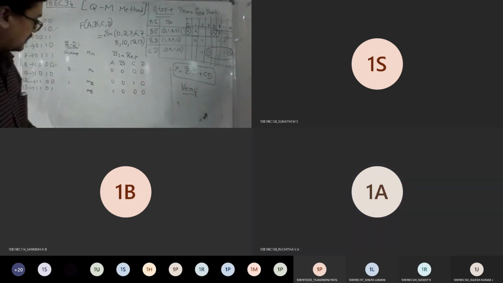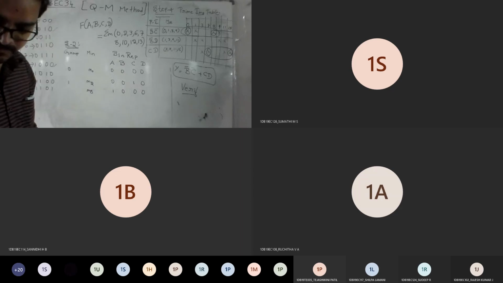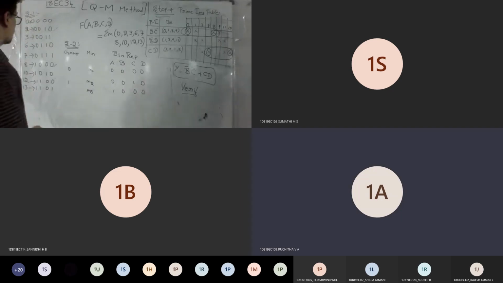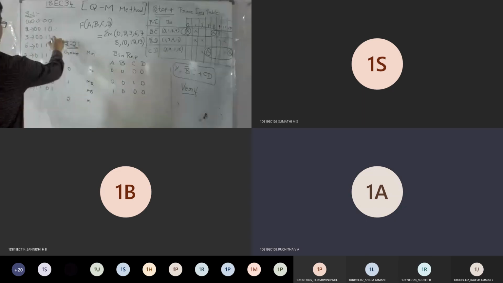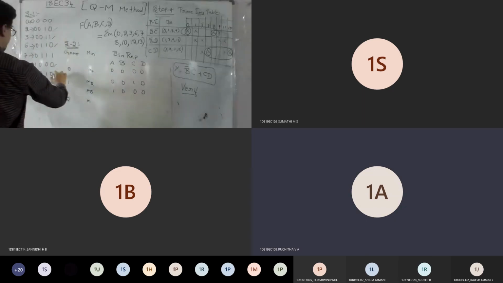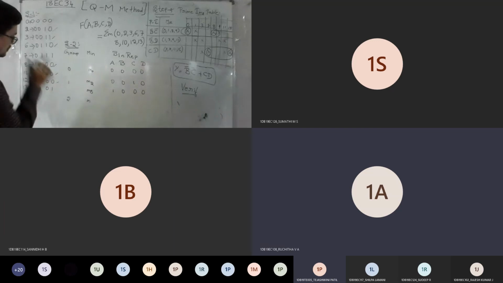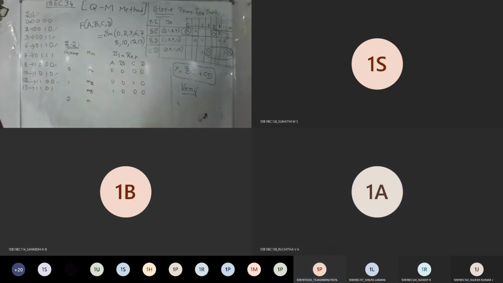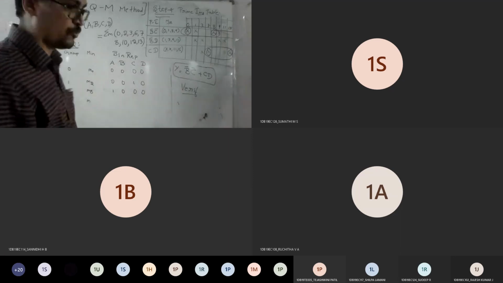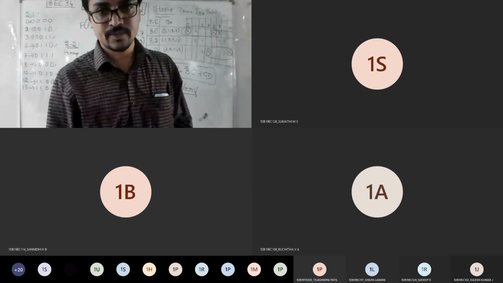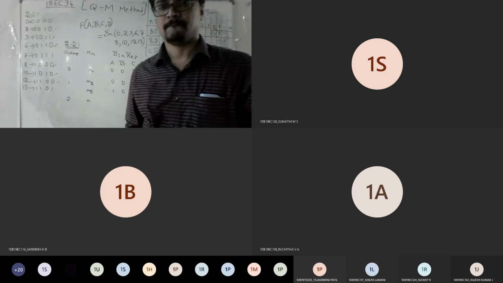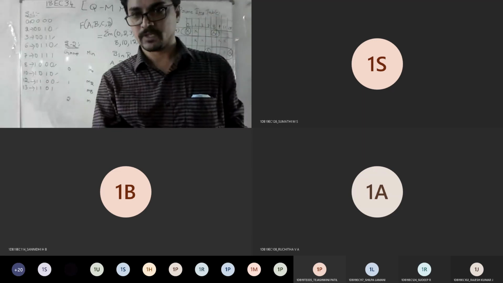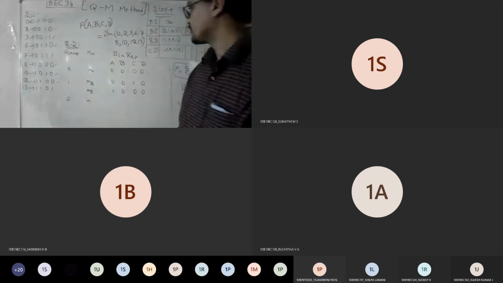Yes, sir. Okay. Next, the group with two ones: M3, M6, M10, M12. So fill that now. Similarly, group 3 has three ones. I think more than 3, there is no 4 ones here. So you can conclude there are 4 groups: 0, 1, 2, 3. Okay, proceed from there.